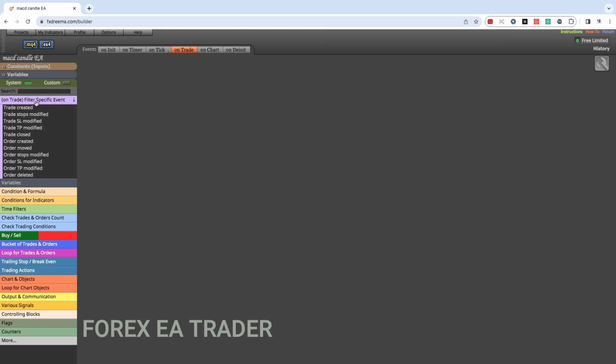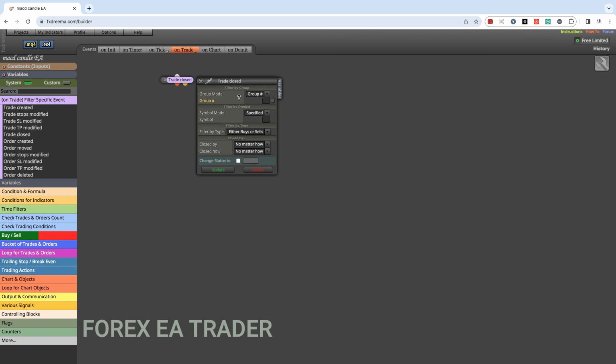Okay, so this is the on trade section that appeared when we clicked on trade. So what are we looking for here? We have got a lot of stuff that we can actually play with. I think I will go into some of these things as we go with the videos. So the purpose of today is what do we want to do during the trades. So we are actually looking for a trade closed. What do we want to do when a trade gets closed? So trade closed. So we can double click